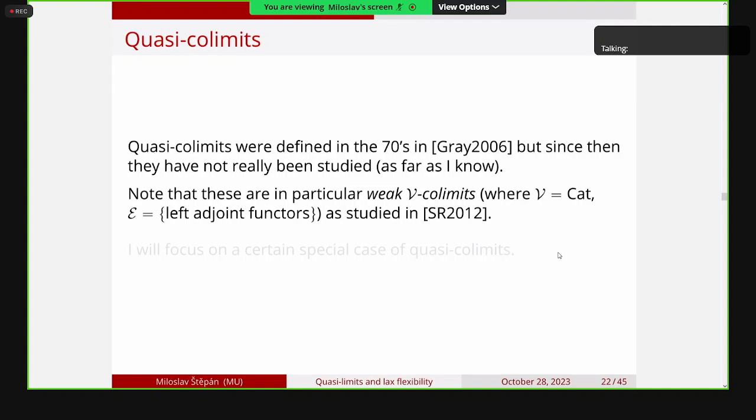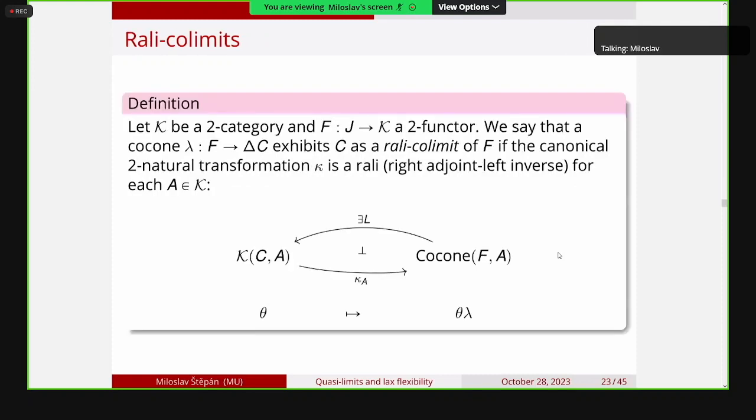It's a particular example of a weak enriched colimit that has been studied by Rosicki and Leck, for example. I will focus on one quite special case of quasi-colimit in this talk, which is the following. So let me propose the definition. If you have a 2-category and a 2-functor, we say that this cocone is a Rali colimit of f if this